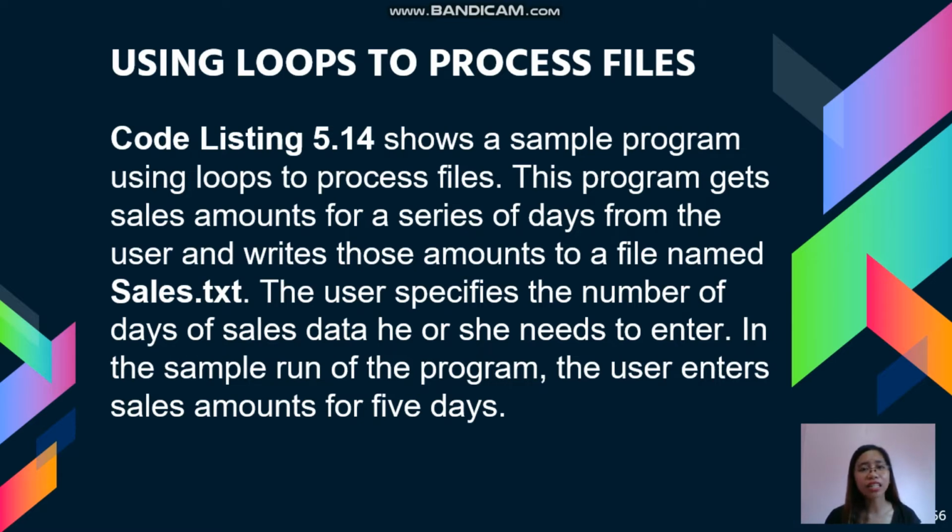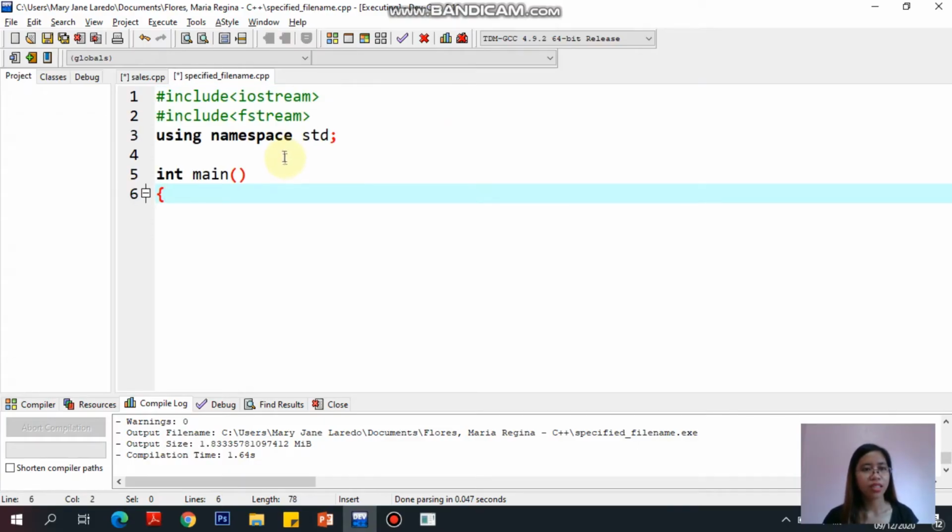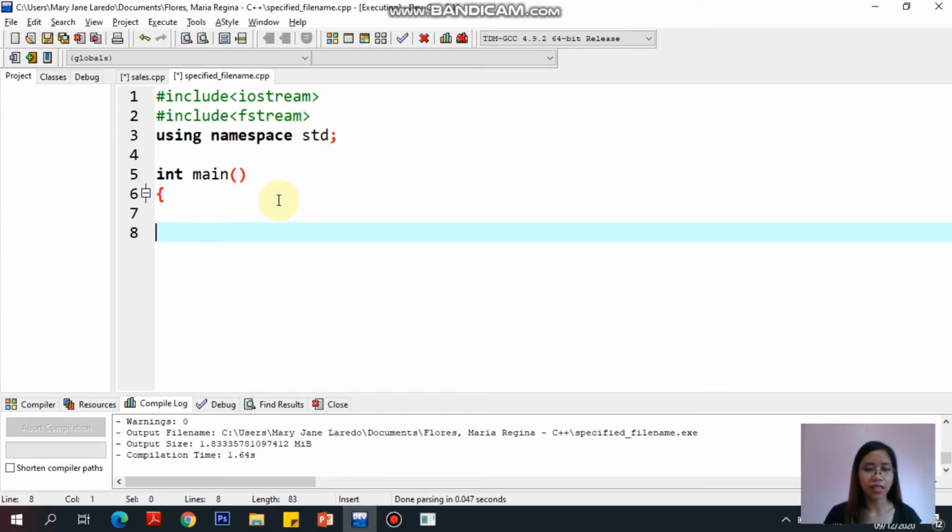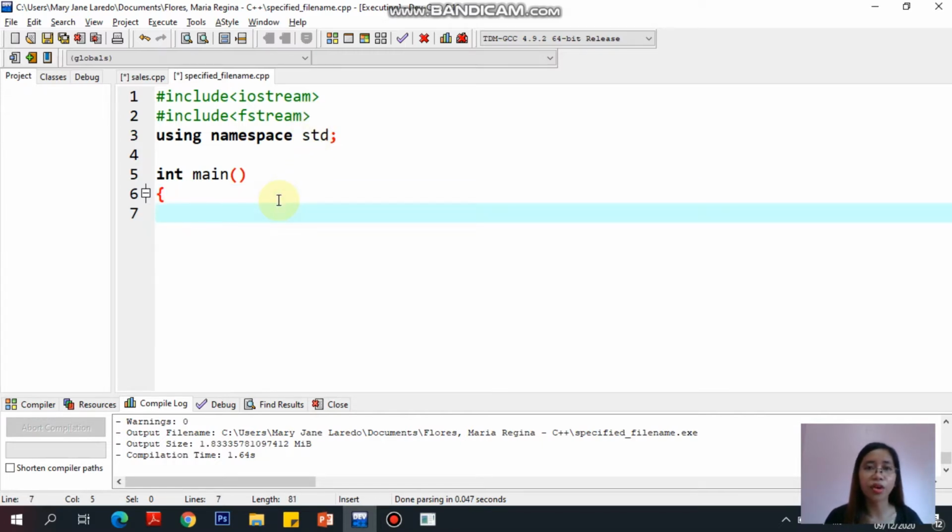Mag-enter tayo ng number of sales using loops to process our files. Yan, so hindi ko na tinype. So include iostream, include fstream, using namespace std, int main. Yan. So, ang sabi, mag-enter tayo ng number of days. So, nakadepende sa number of days na i-input ng user kung ilang beses ba dapat mag-ask ng sales yung